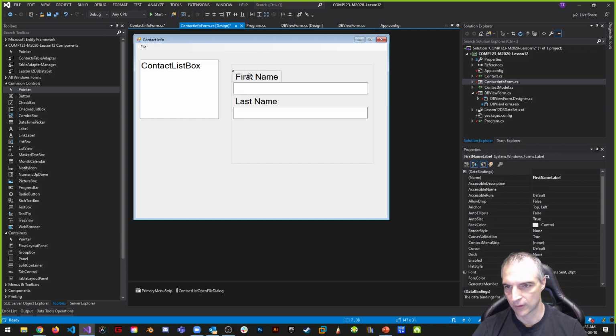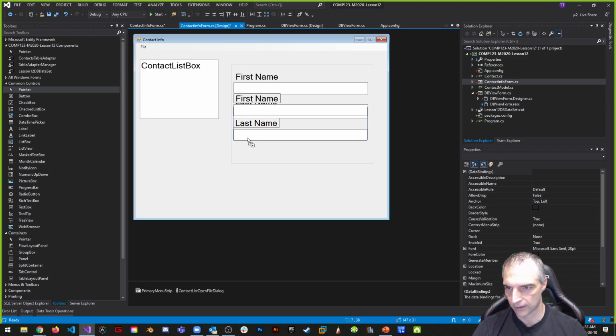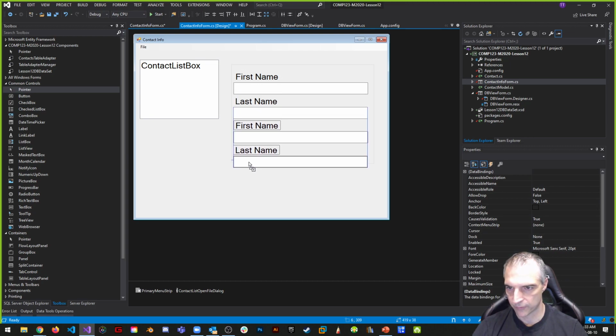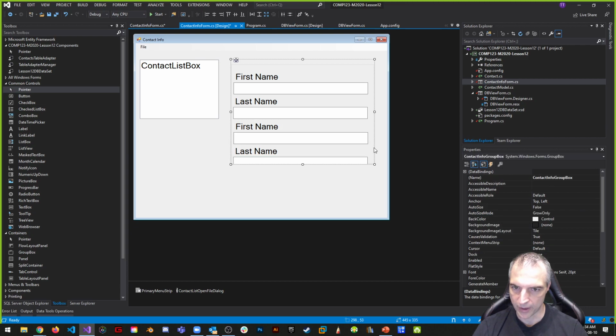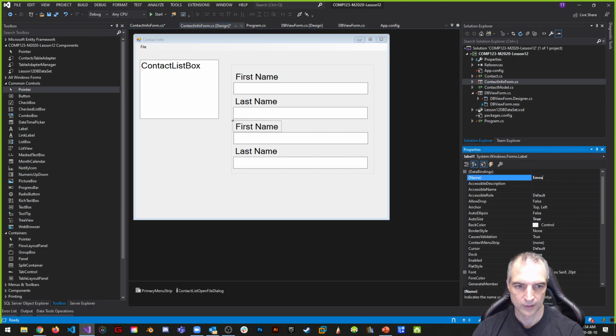Actually, let's grab them all because it's going to be very similar to this. So again, control drag at the bottom. So we're going to have these things here. So I'm just aligning it with our alignment. And notice that part of it is outside of the box, so we can make this box a little bigger, right? Just to make sure that it houses our information, first name, last name, and then this one, instead of first name, is going to be the email address